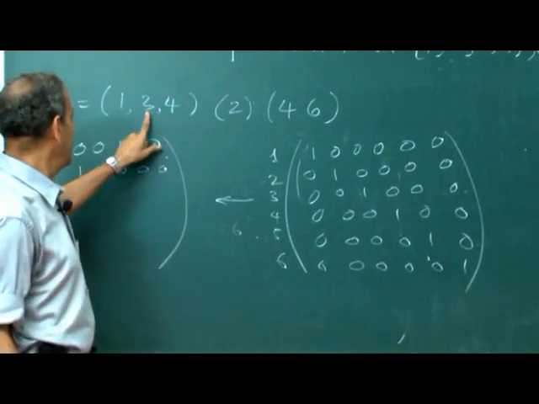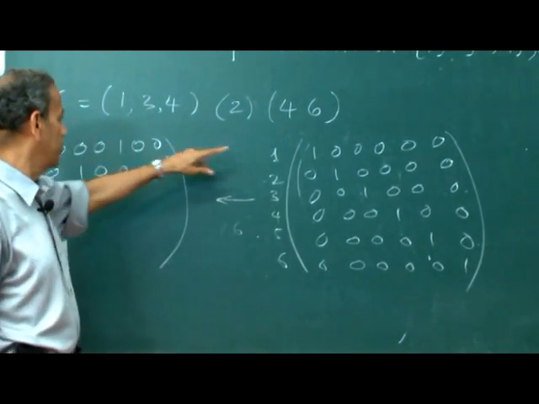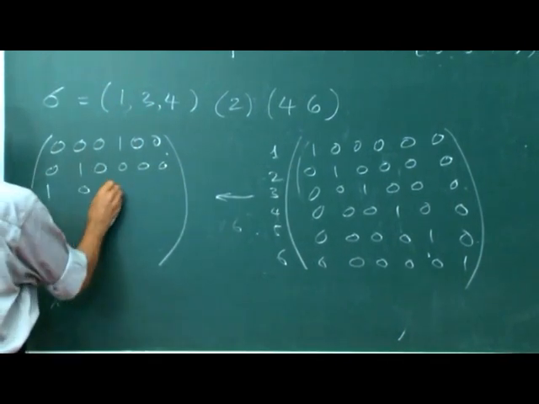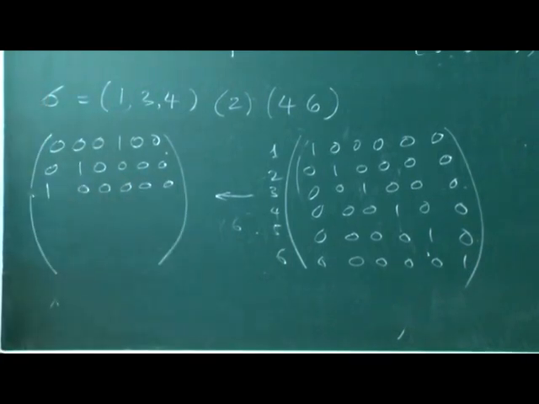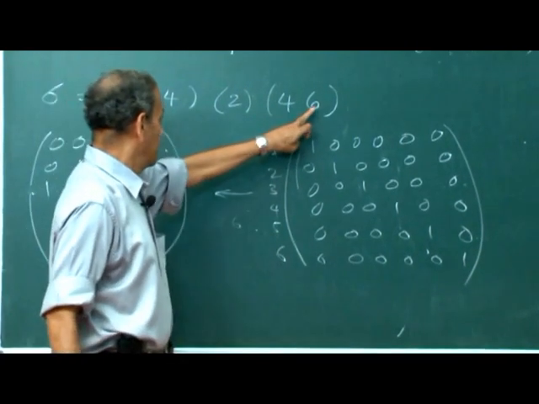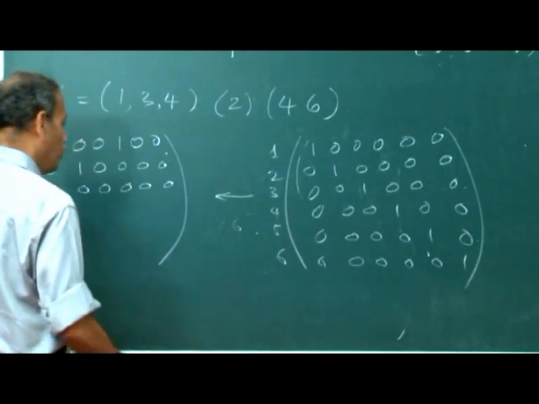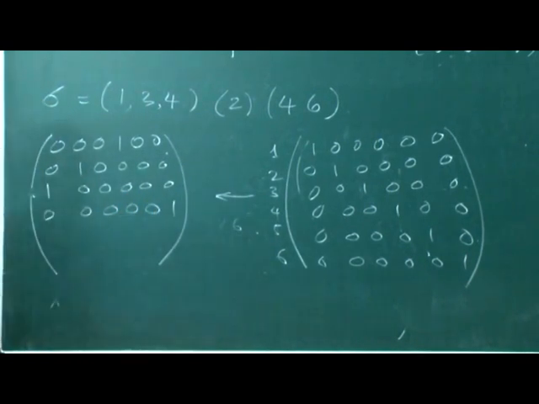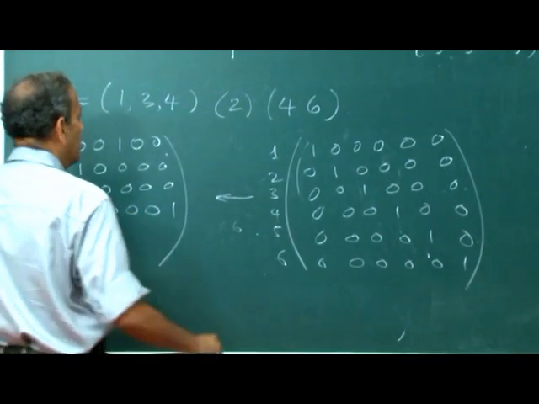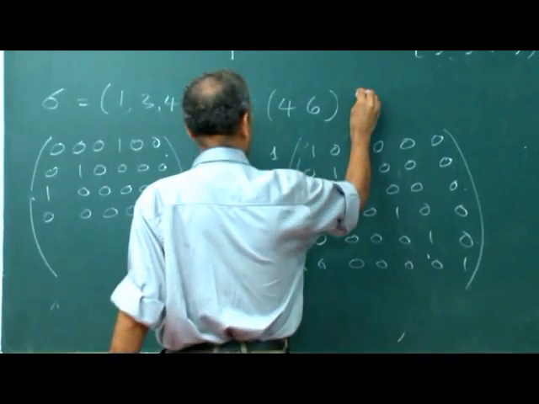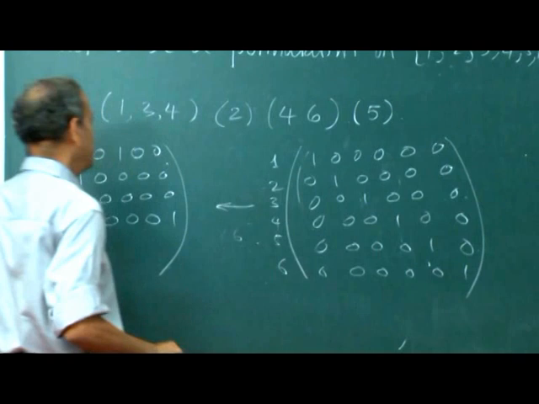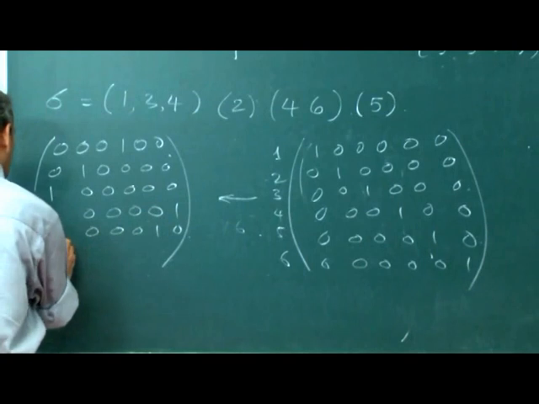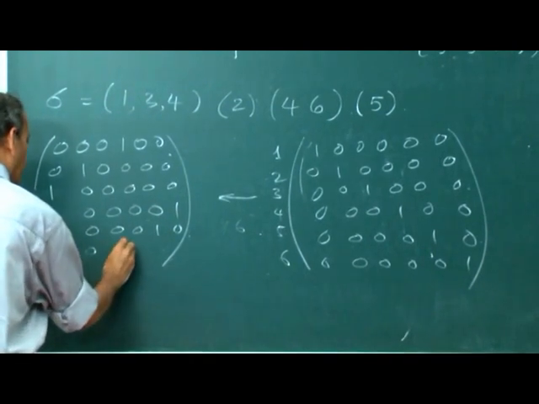Then row number 3 is coming from 1. So row number 1 will go to 3. So it is 1, 0, 0. Then row number 4, 6 is going to 4. So row number 6 will be row number 4 in the new matrix. And there is a 5, of course. I am missing 5 here. So 5 is going to 5. So it is 0, 0, 0, 0, 1, 0. And 6, row number 6 is row number 4 in the old matrix.